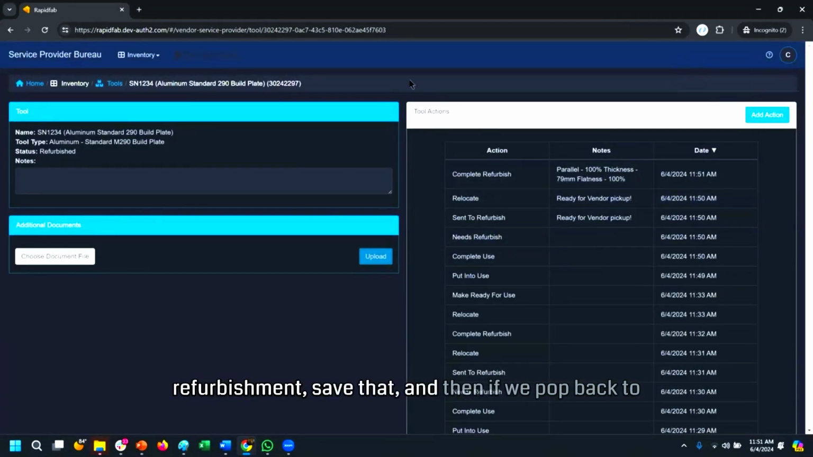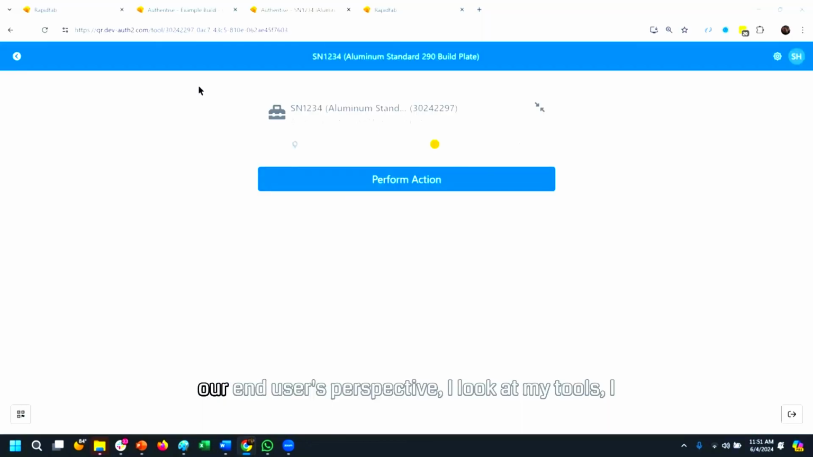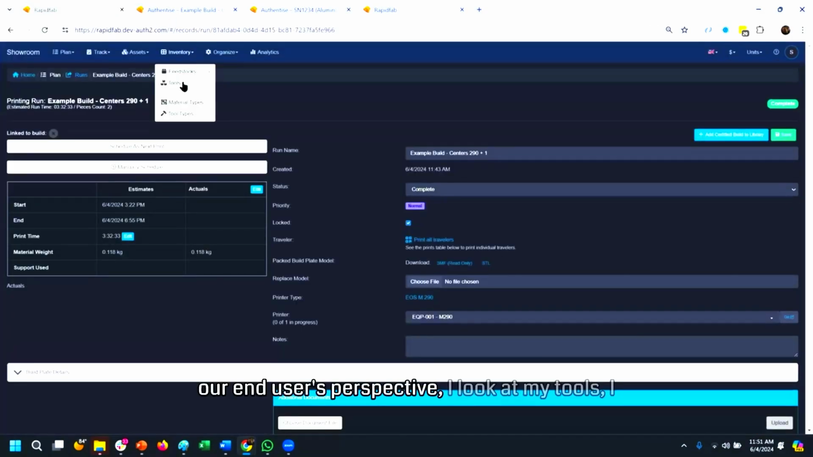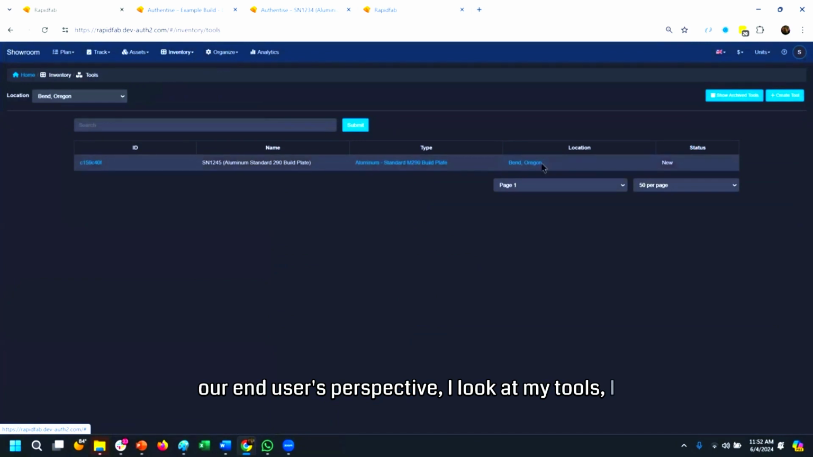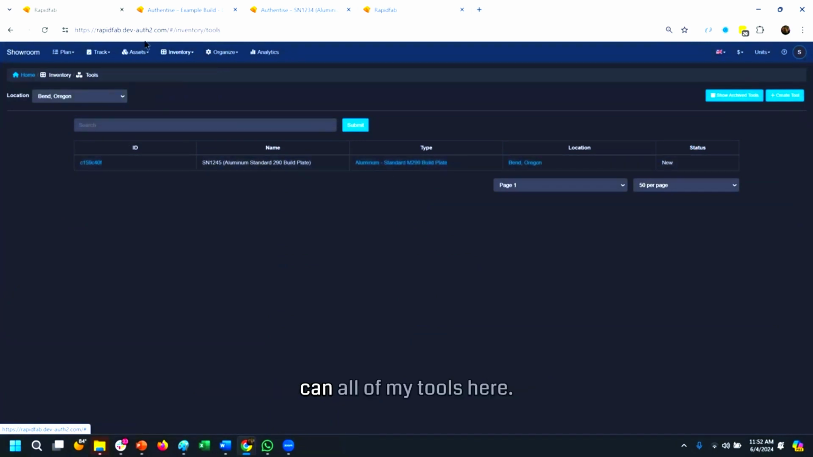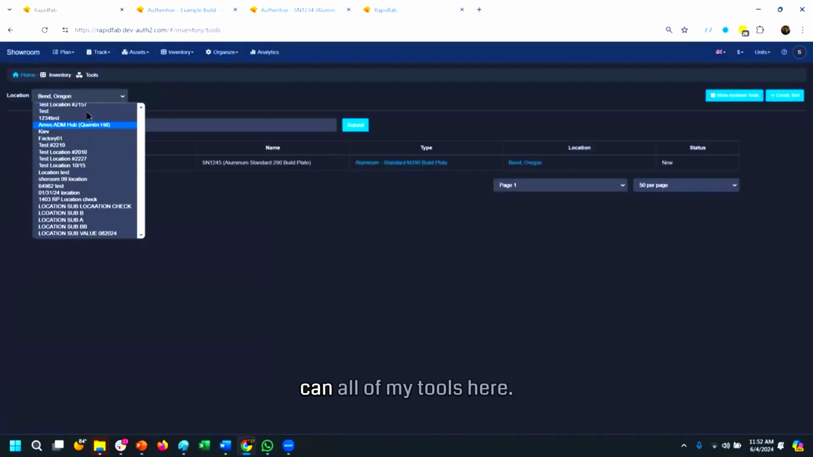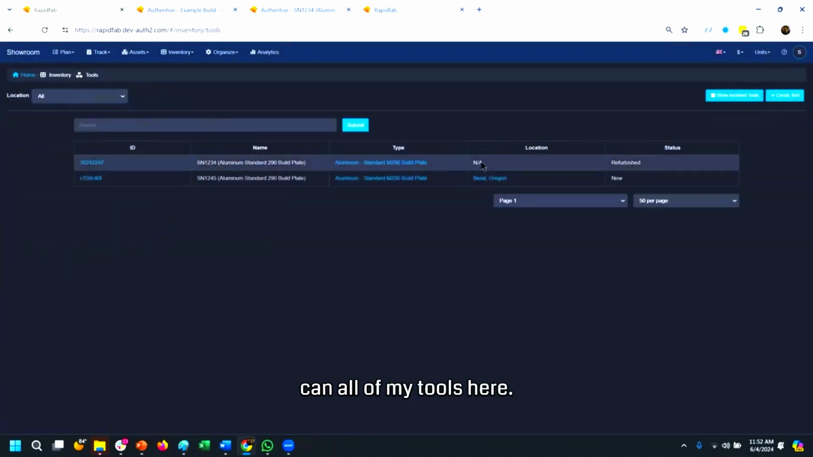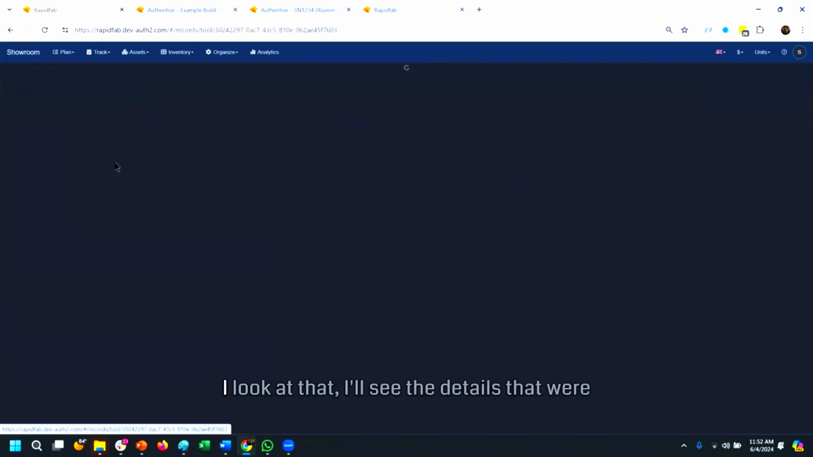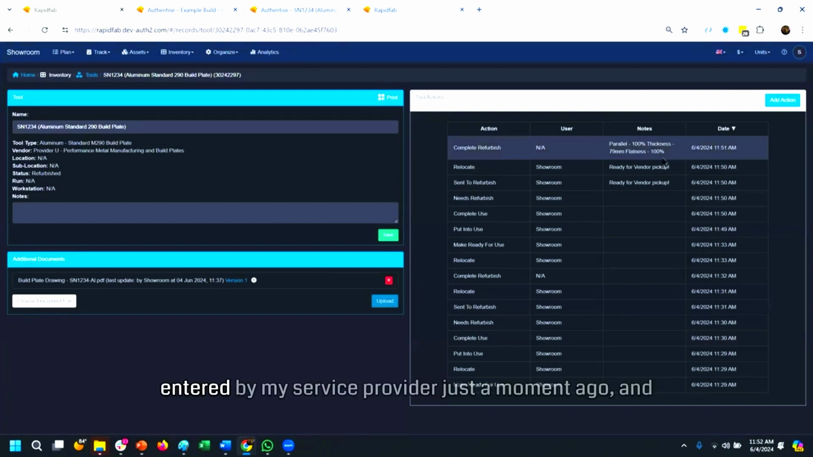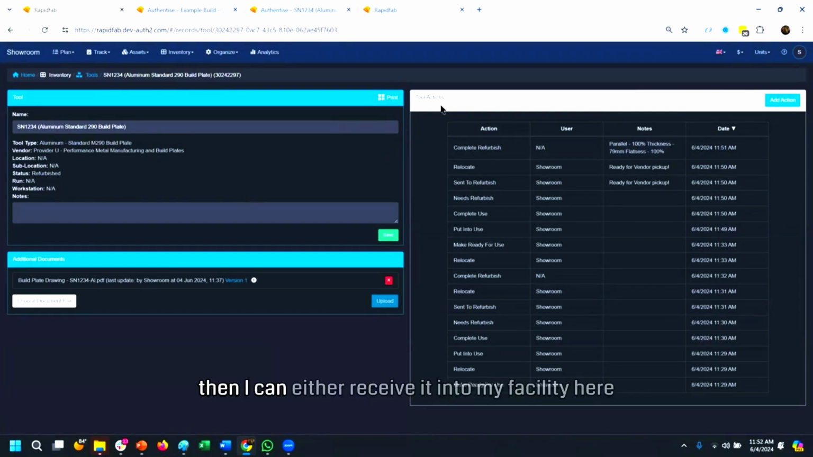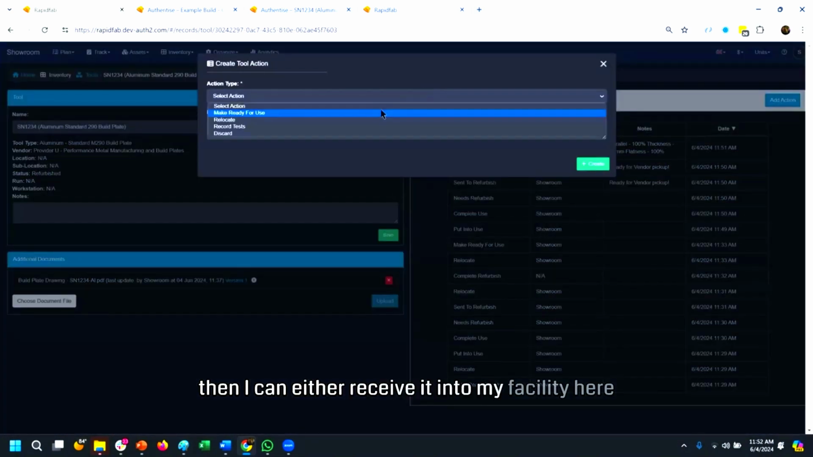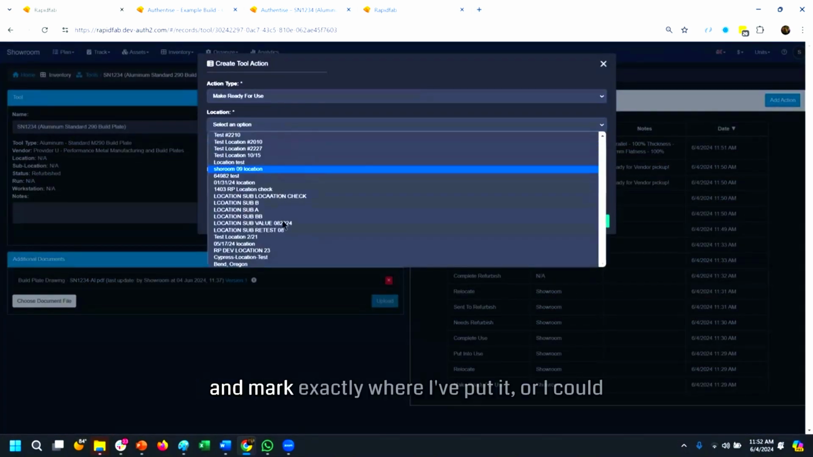Save that, and then if we pop back to our end user's perspective, I look at my tools. I can see all of my tools here. I can see that this has been refurbished, but I haven't received it back into my facility yet. I look at that, I'll see the details that were entered by my service provider just a moment ago, and then I can either receive it into my facility here and mark exactly where I put it,